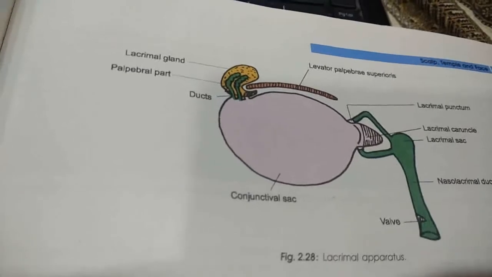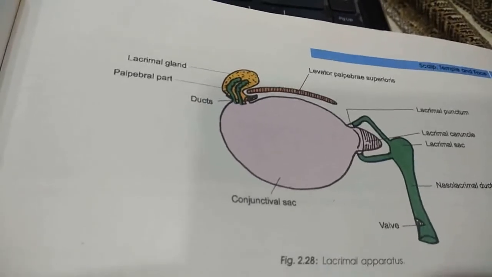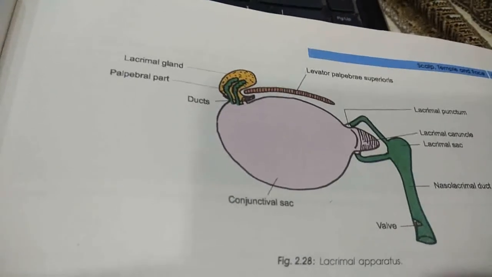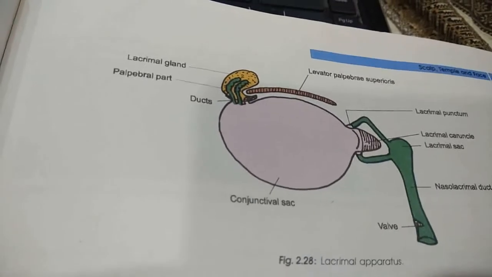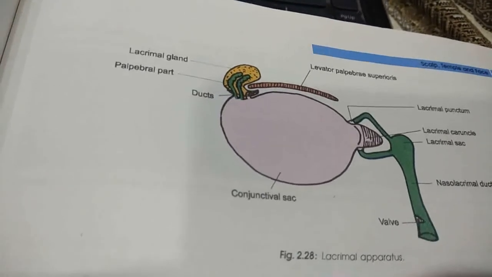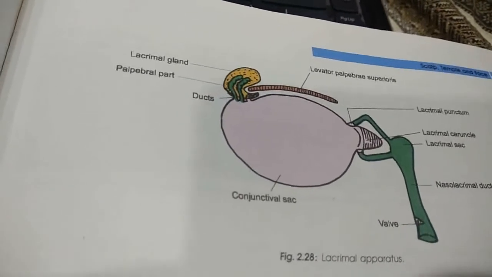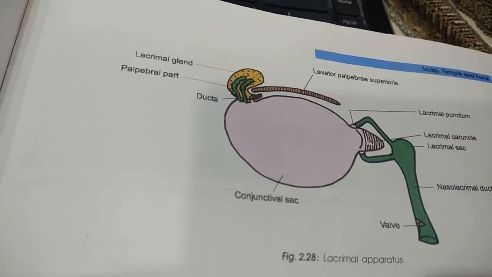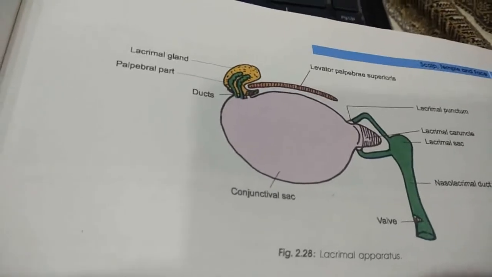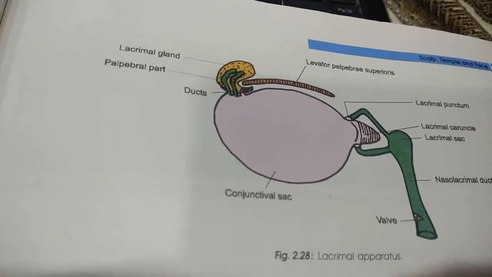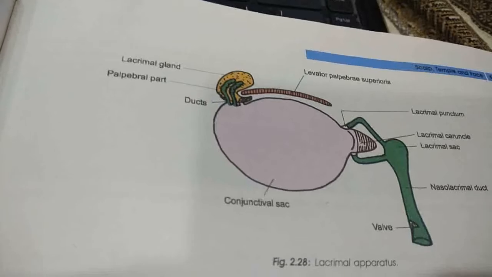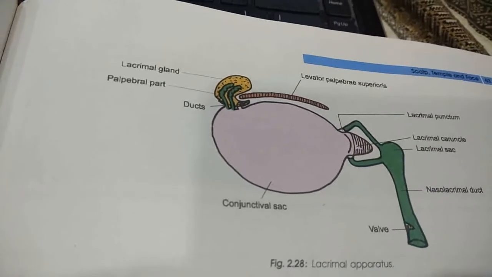The lines along which the palpebral conjunctiva of the upper and lower eyelid is reflected onto the eyeball are called the superior and inferior conjunctival fornices. These two meet in that area, so that area is called the fornices. In the superior fornix area, accessory lacrimal glands are seen.